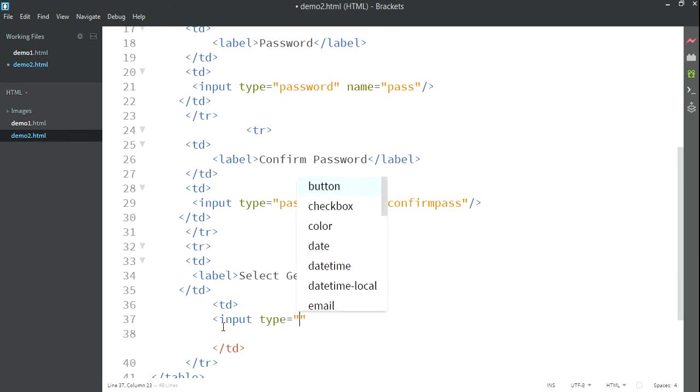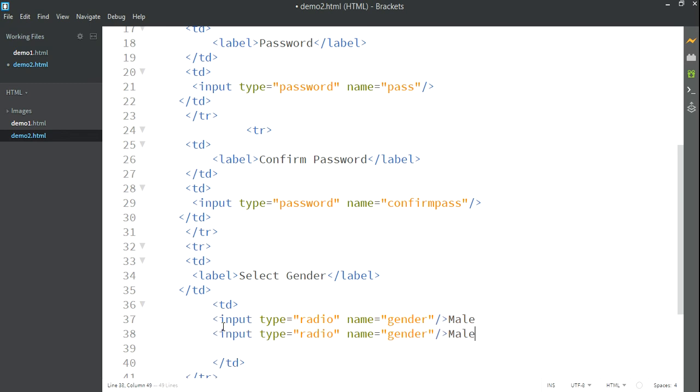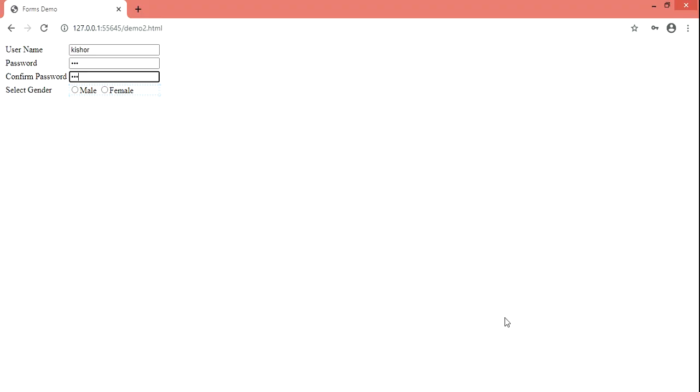Input type, only the type is different. In this case we'll set radio. Name equals gender, and the label is male. Similarly I will copy the row, paste it below as it is, and change the value to female. Save and check the output in the browser.